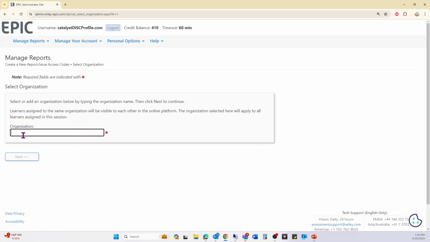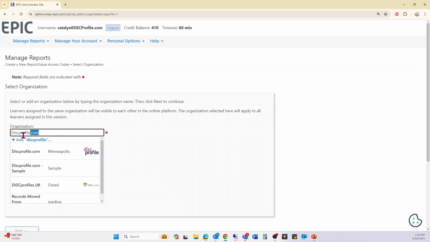to type in an organization. Organizations are where your participants live, where they will also be able to see their colleagues that are in this same organization. So if I start typing, and I can see that there's a few diskprofile.com organizations already. If I did not want to add new people to existing organizations, maybe I wanted to create a new location or something like that, I can absolutely add my